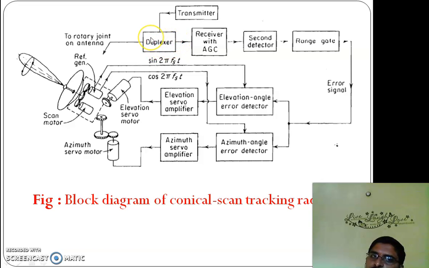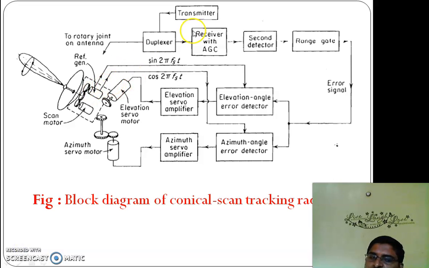Here, with the help of the duplexer, the same antenna can be used for transmitting and reception purposes. Here, the transmitter transmits a train of pulses. While transmitting, the duplexer connects the transmitter to the antenna. While receiving, the duplexer connects the antenna to the receiver. So, the transmitted signals are radiated by the antenna towards the target, hit the target, and echo signals are produced by the target in the direction of the radar receiver.